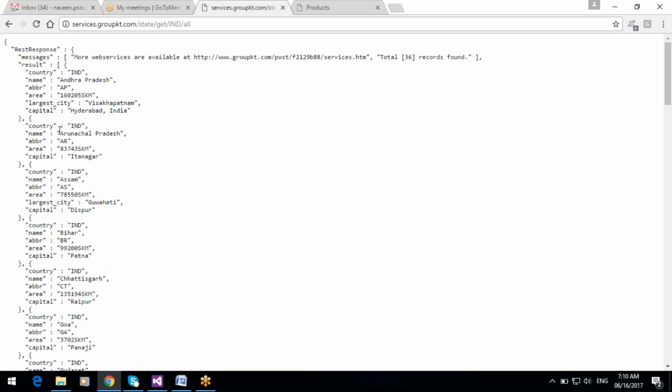Like this, the country, the name, the state abbreviation, the state area in kilometers, the largest city in the state, and the state capital. For all the states, the same information. We want to read this information and display it in table format.